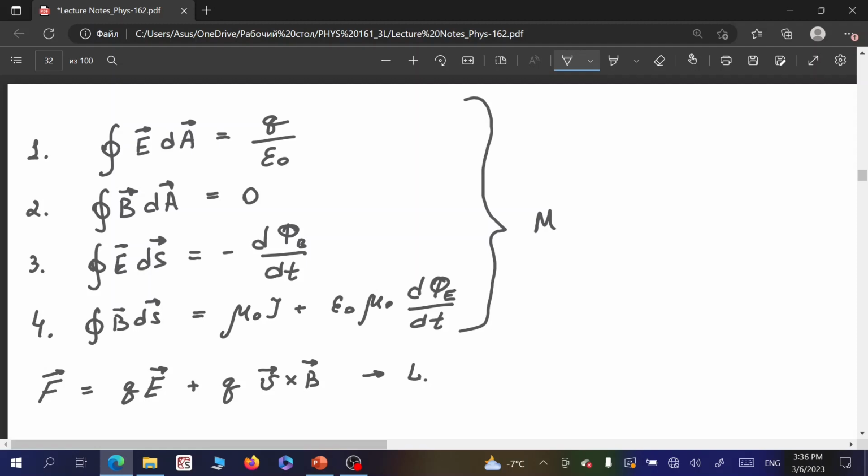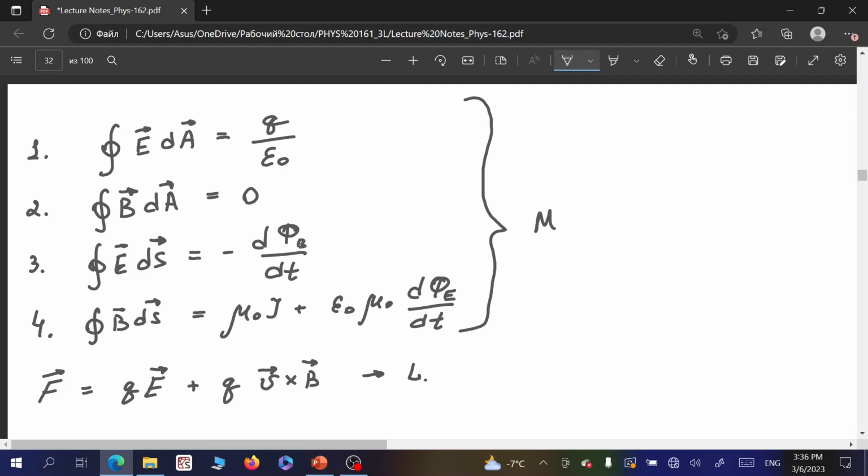If we consider a surface of a closed path which cuts the conductor, then we have conductivity current. But if this surface goes through the capacitor, then we obviously don't have conductivity current, it is equal to zero, and Ampere's law gives us the integral of the scalar product of B vector ds vector equal to zero,